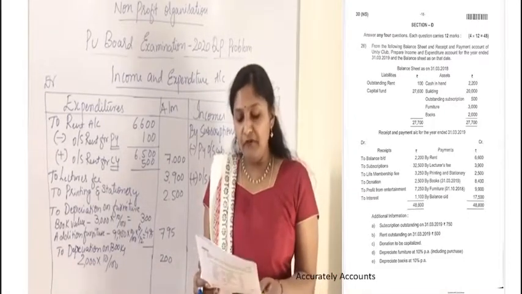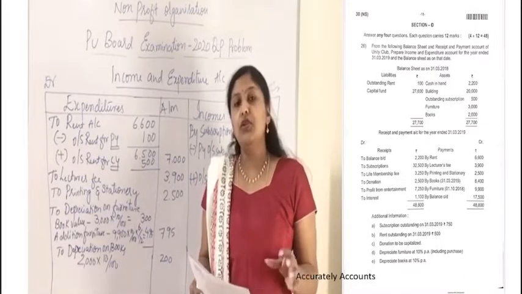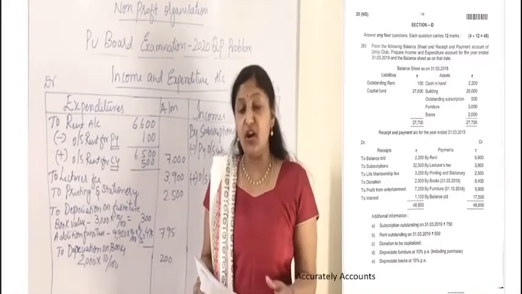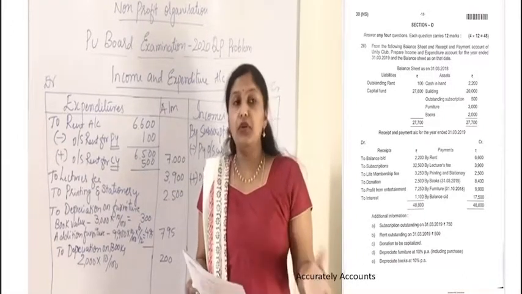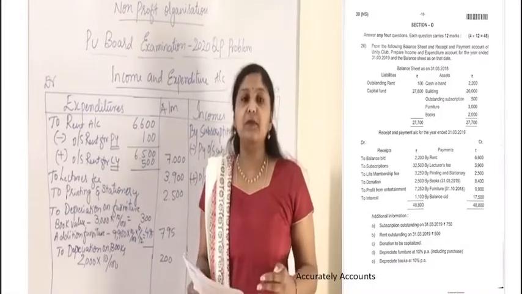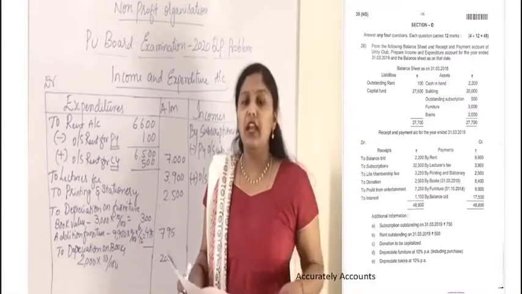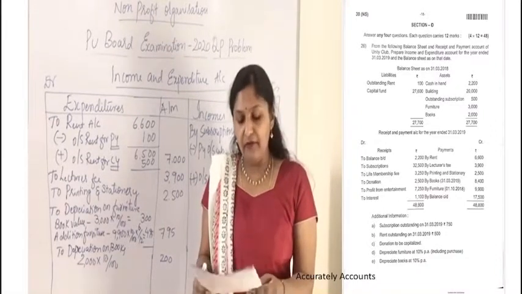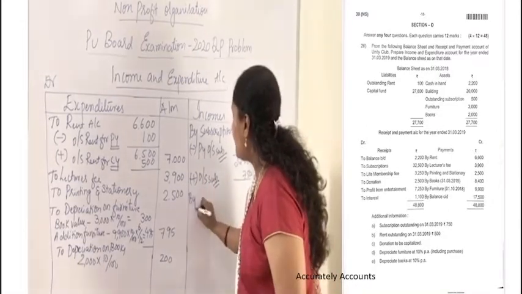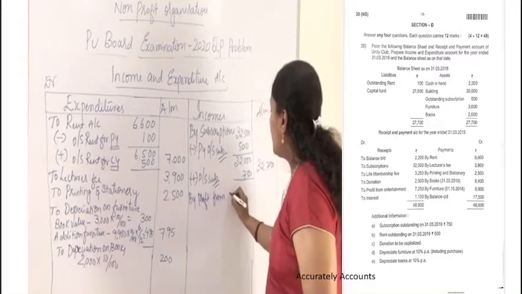After this we have profit from entertainment, because I am excluding the other 2 things, they are capital in nature. Generally in the income and expenditure account, we need to treat only the revenue items. We are not treating the capital items. Donations, I've already explained. Again, there is an adjustment which clearly says that the donation needs to be capitalized. So we are not treating it below the income and expenditure account. Then we have profit from entertainment. We need to treat it below the incomes by profit from entertainment.